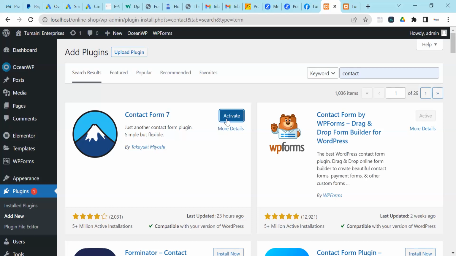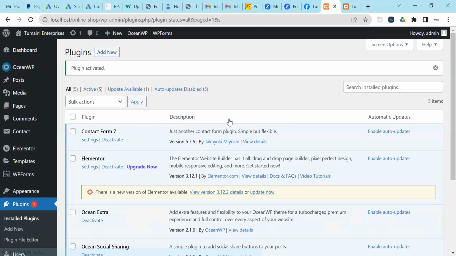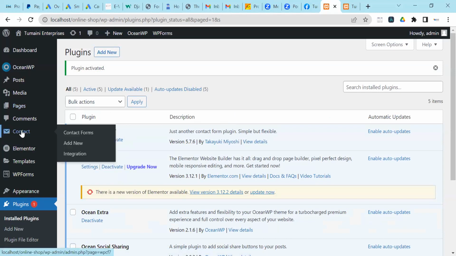So after it is done, you activate. So now the plugin is activated. Plugin is activated. You can see it here. What do we do now? On the left margin, you can see when there's a new element called contact. And on that new element,